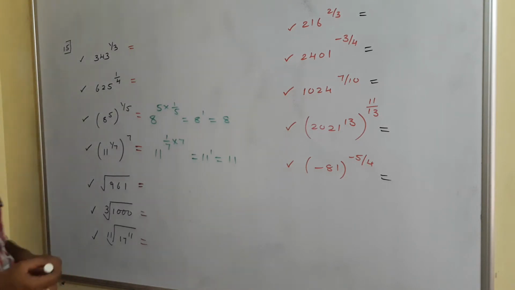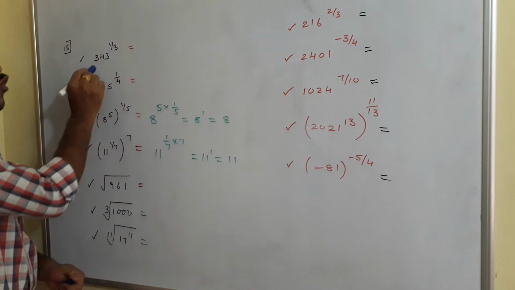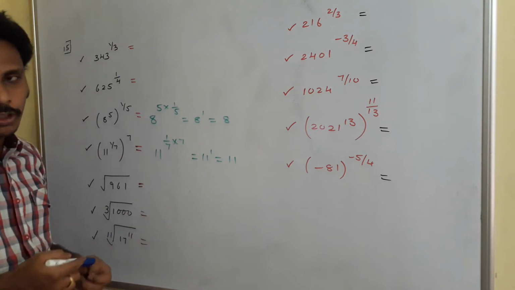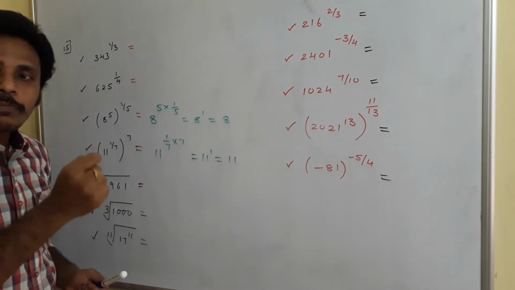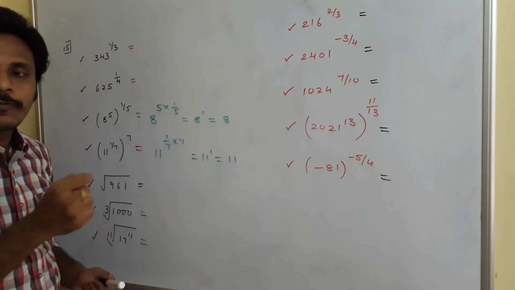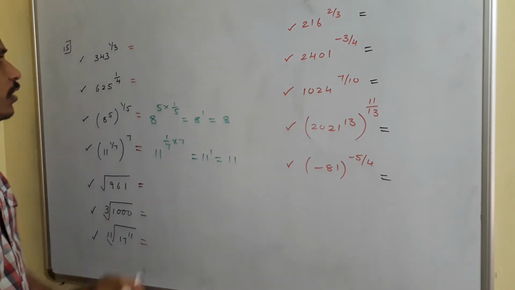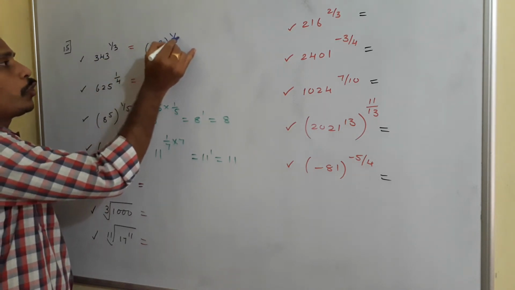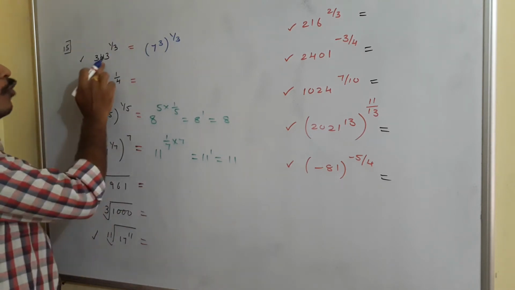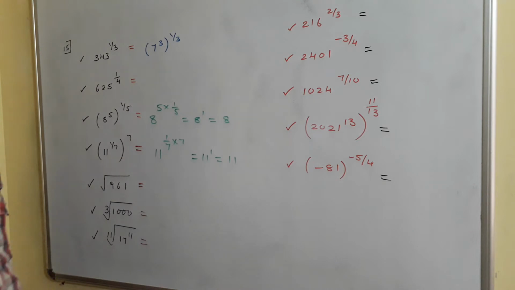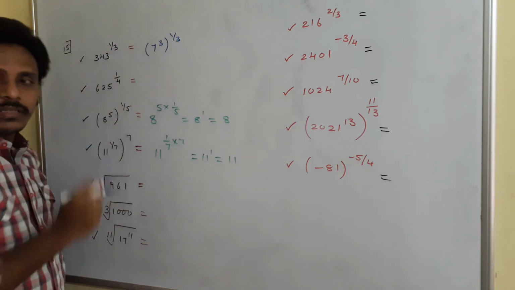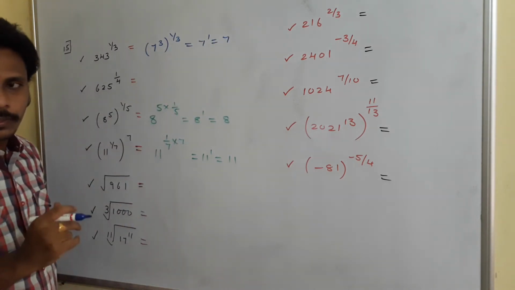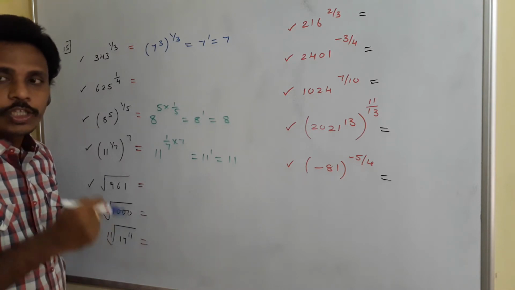Then to answer in such a way, we need to think about this 343 as an exponent with power 3. See, if you have the values of exponents, 7 to the power 1 is 7, 7 to the power 2 is 49, 7 to the power 3 is 343. So I am just rewriting this 343 as 7 to the power 3 whole to the power 1 by 3. Okay? And now if you multiply these two, 3 and 1 by 3, the value is again 1. So 7 to the power 1 is 7. Right? Very simple. It needs your concentration. It needs your attention. Okay?